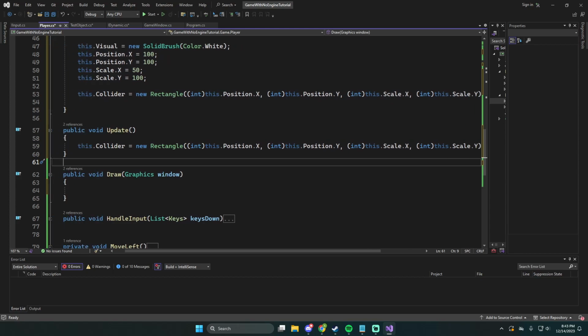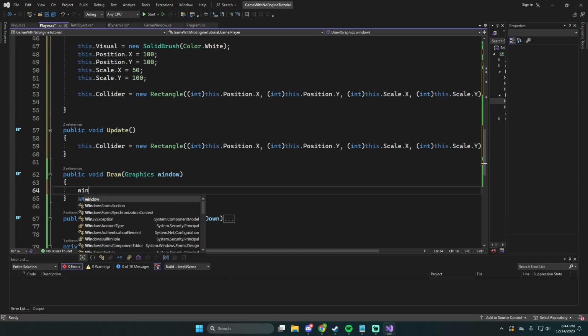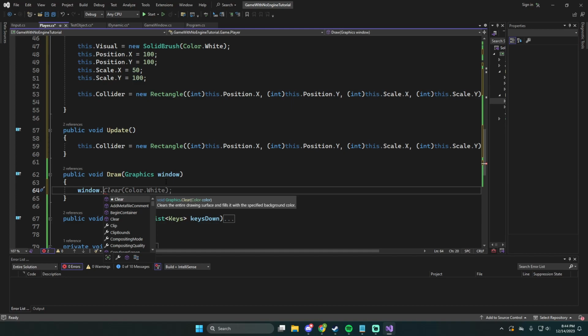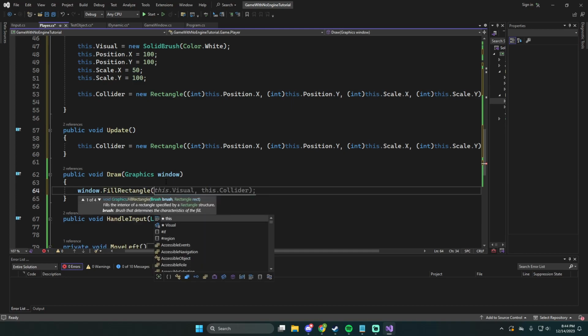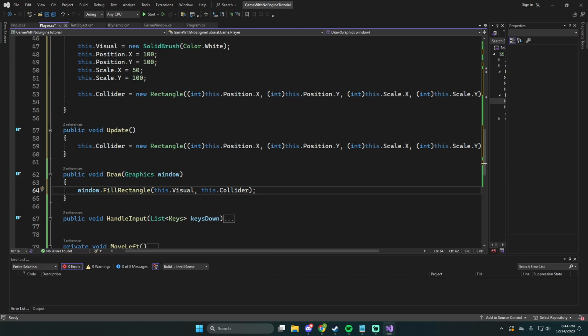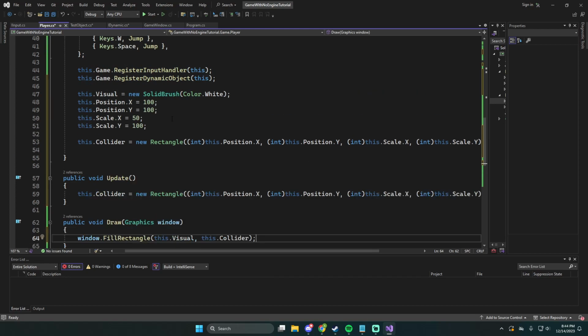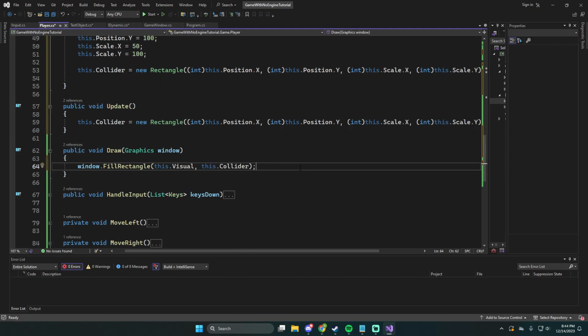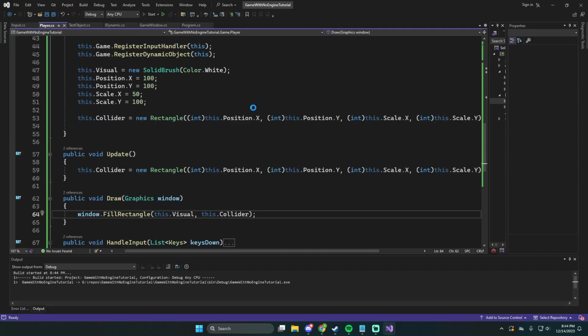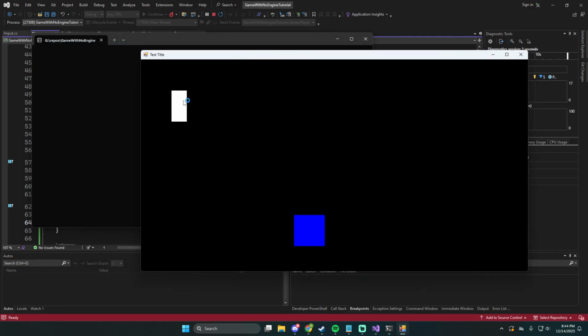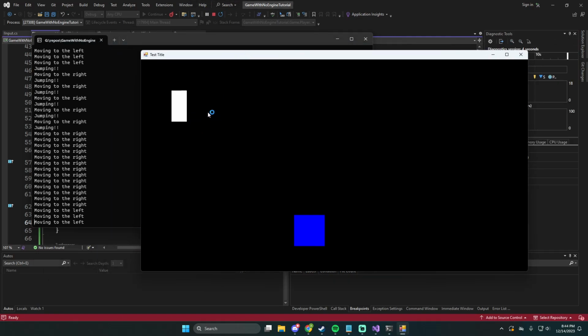So next up, we got, let's see here. We actually have to draw, so we'll go ahead and say window.fillRectangle, and it's this.visual and this.collider, so it already knows. And at that point, we should have a white box at 100, 100 that is a 50 by 100 rectangle. Let's start. Hopefully we don't get any issues. All right, looks good. So we still got our movement control, jumping,